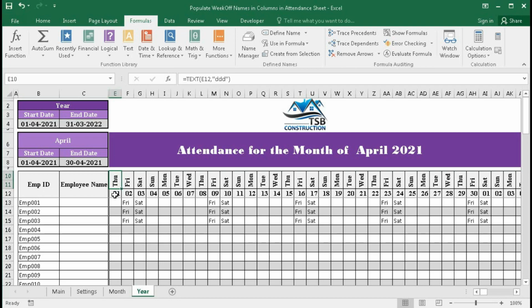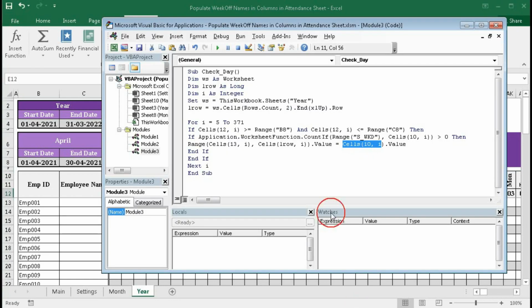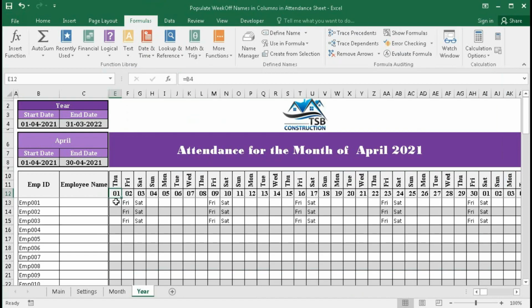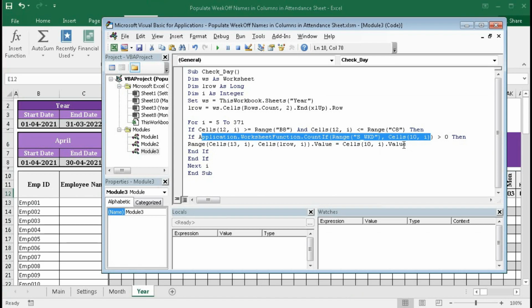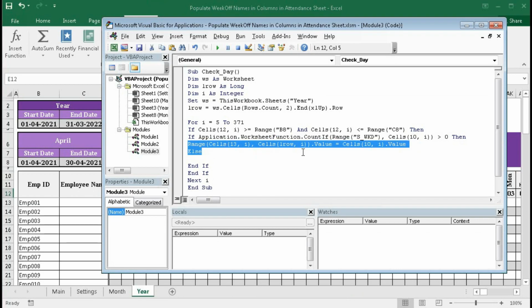So if this date matches with this date and this date, and with the help of this formula it returns greater than 0, then it will populate here the value, otherwise it will be cleared. So to clear, we have to add an extra code, else this range equal to blank.